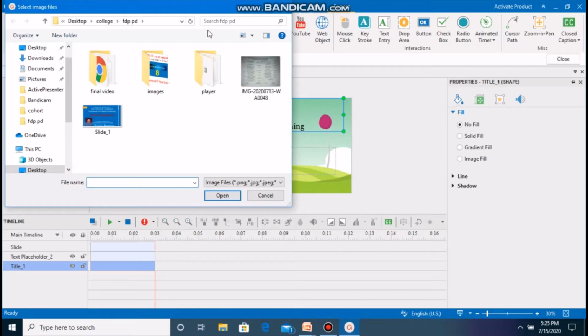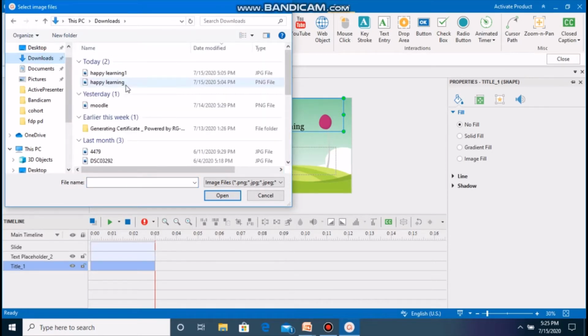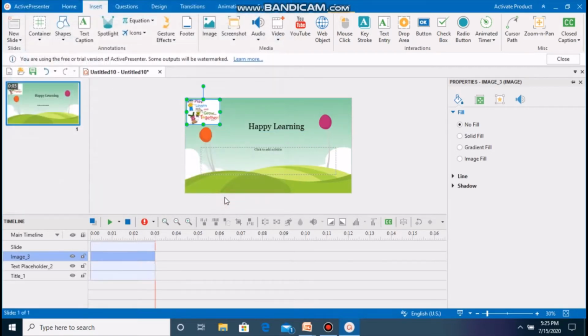After clicking image, you select a parent folder, and from that parent folder you select your image which you want to display.